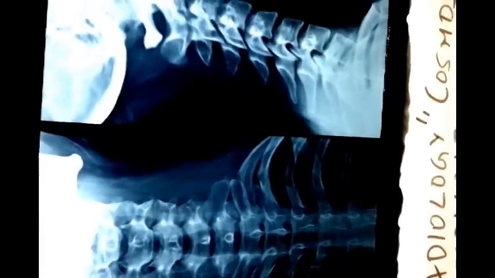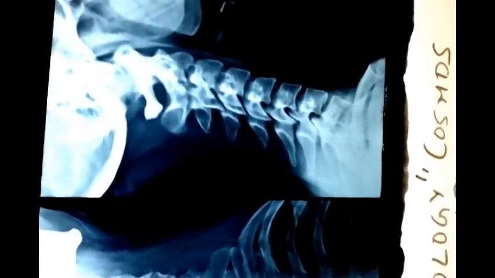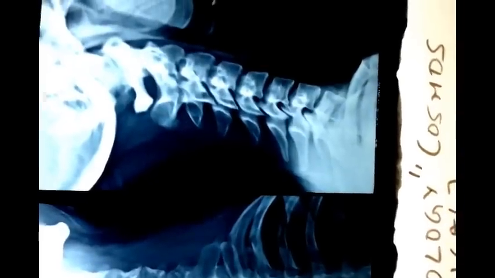Now, prior to looking at this X-ray, I would like to give you an anatomical idea before we switch to this description part of X-ray. This is lateral cervical spine X-ray, and this is anterior posterior cervical X-ray. Now, I am taking you to the anatomical part first. Now here we have a skeleton lateral part, same as we saw in this X-ray.